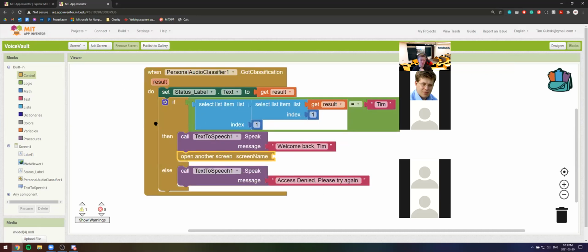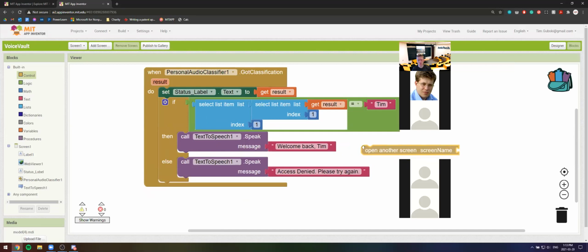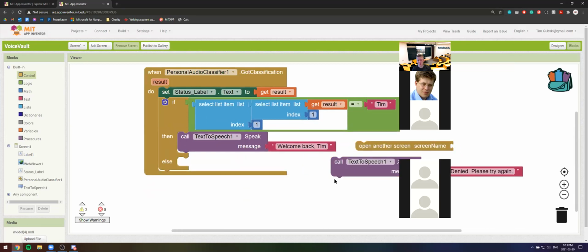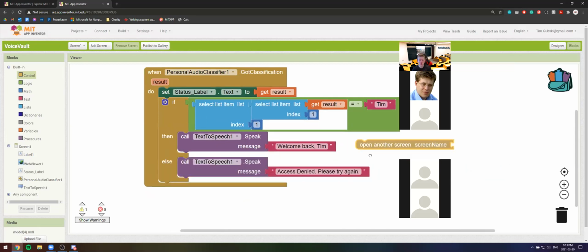Okay, now here is an important thing. When we say open another screen here, you see there's one little slot over here. And one cool thing is, do you see how the open another screen block, unlike this text-to-speech block, doesn't have a little nub at the bottom? This is because you can't put anything after an open another screen